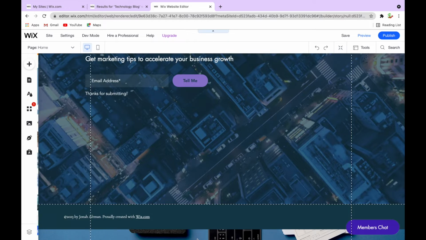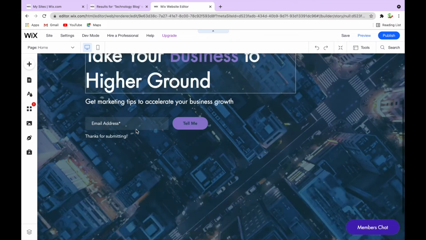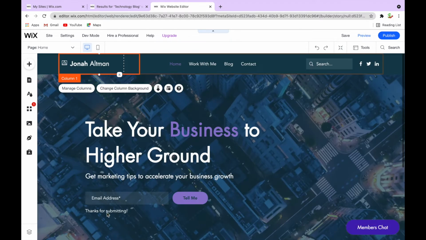And it has went ahead and changed the background for us right there. So now you can see the background there. So now that we have our page background, you can change the transitions. I think I'm going to do that a little bit later, so we can just X out of that for now. So now that we have the background, we've got the theme, and we've got the text,